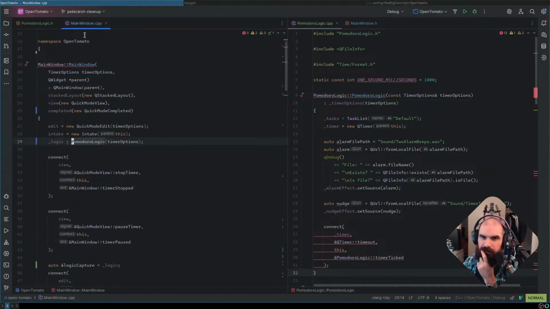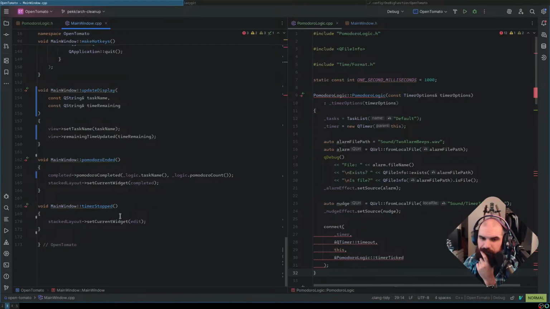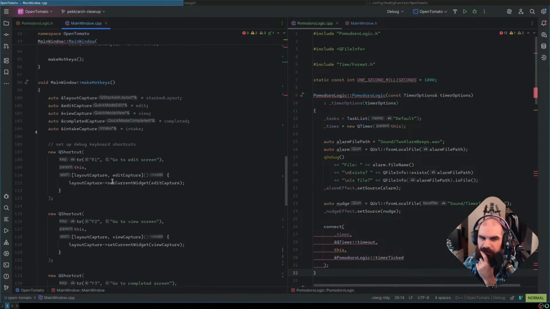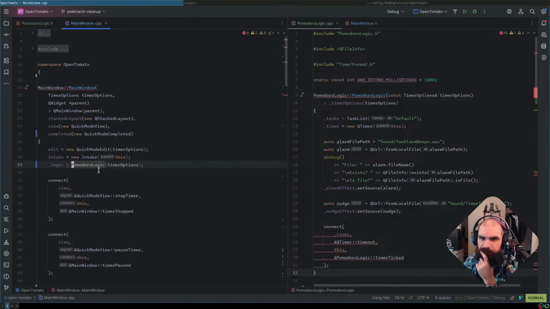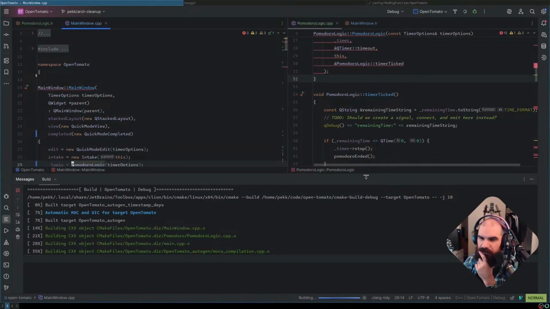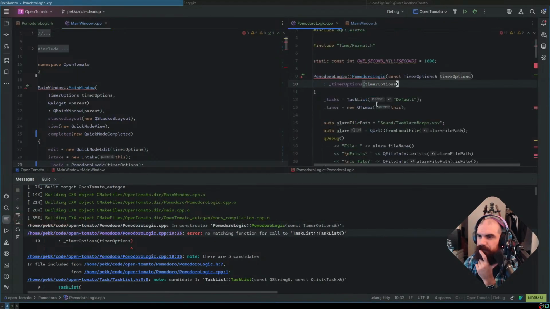All right, well, that's the end of my time block. This is almost done. And the code is looking much cleaner. There's some things. Let's build it and see what the build errors are. No matching function call for task list.